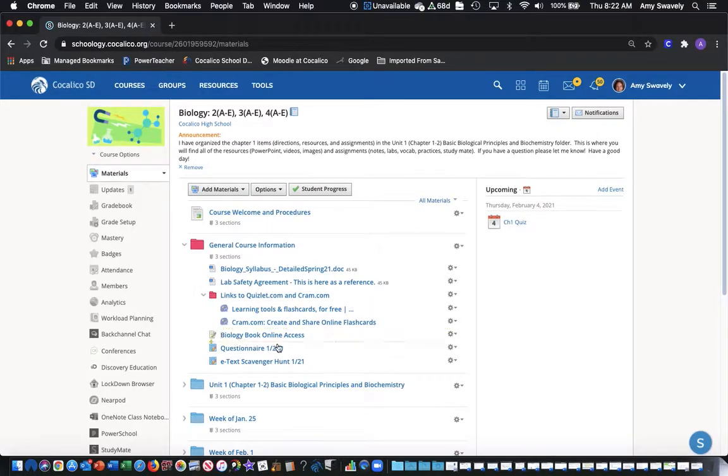We do have an online textbook, and we, at the start of our semester, had all of the students go into the online book, use their username and password, and then bookmark the site on their computer. If they ever forget what it is or they're using a different computer, it is in this general course information folder,